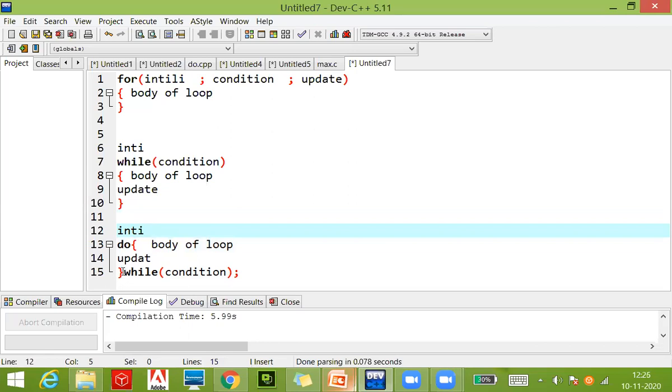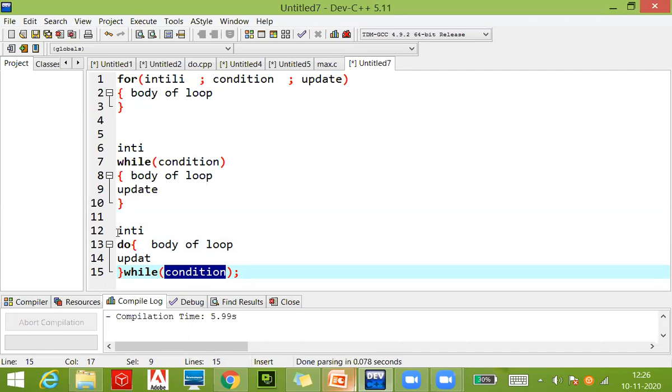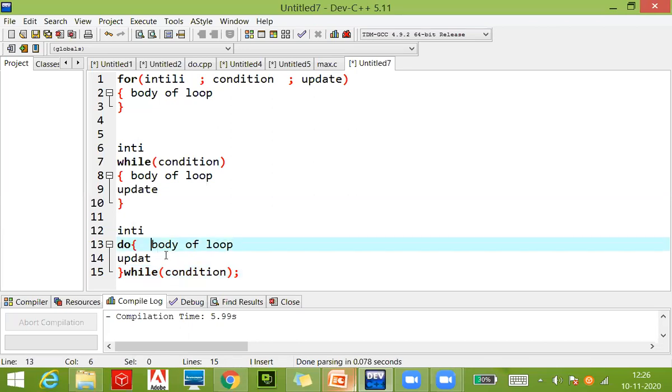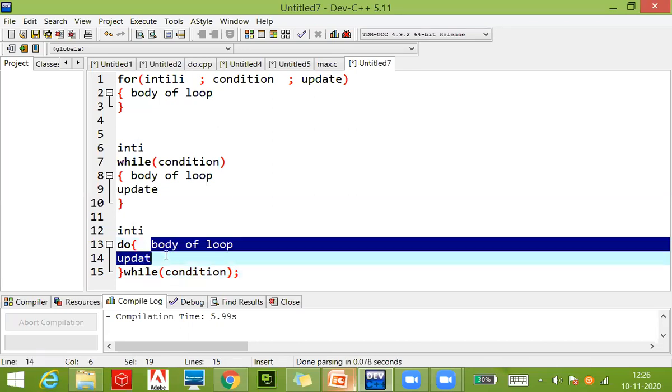यहाँ जब हमने कर्ली ब्रेस को बंद किया है, what we have to write while, फिर मेरे पास में यहाँ पर कंडीशन। ये सब कुछ खत्म हो चुका है, यहाँ पर एंड में मेरे को यहाँ सेमीकोलन लगाना है, ठीक है। ये काम कैसे करेगा? पहले इनिशियलाइजेशन होगी, then first the body of loop will be followed, ठीक है।